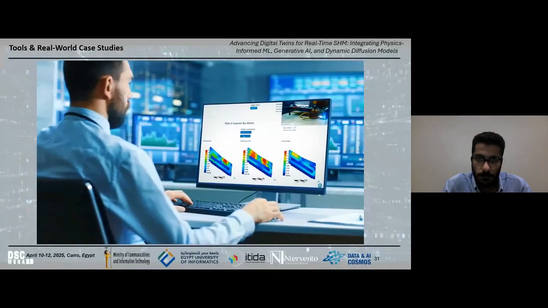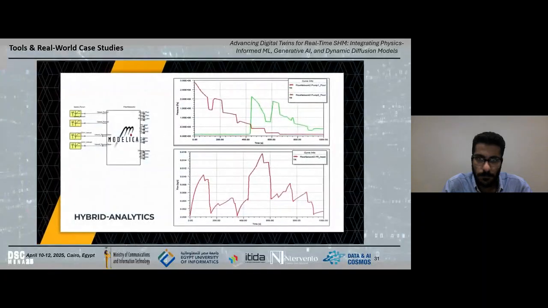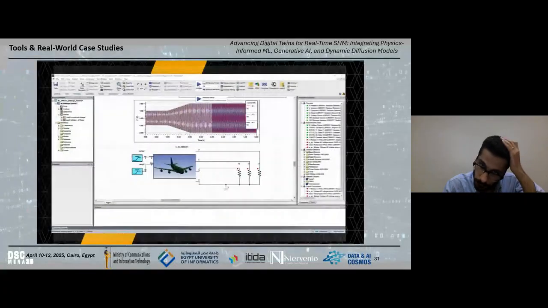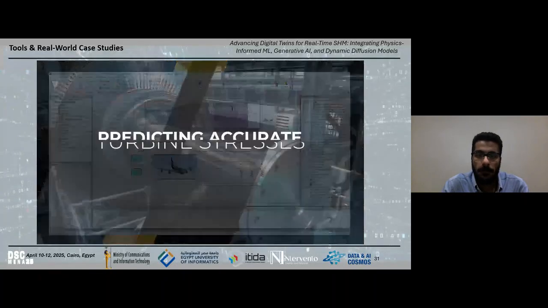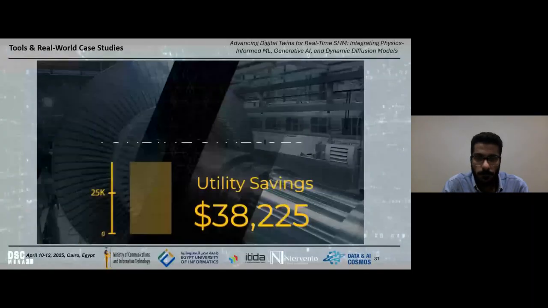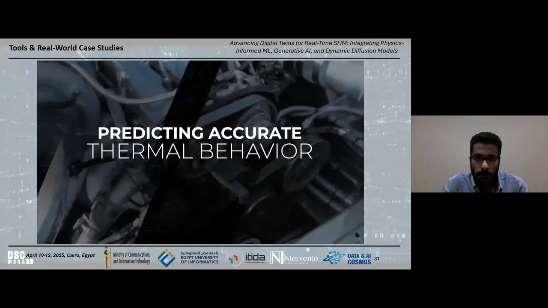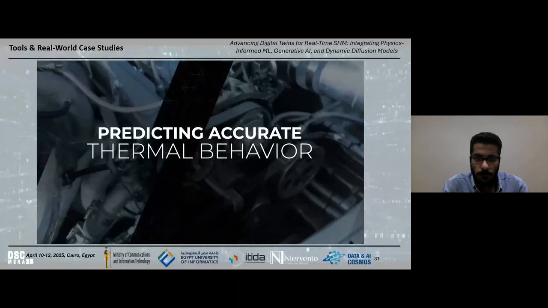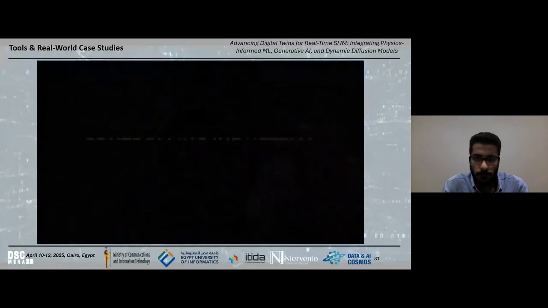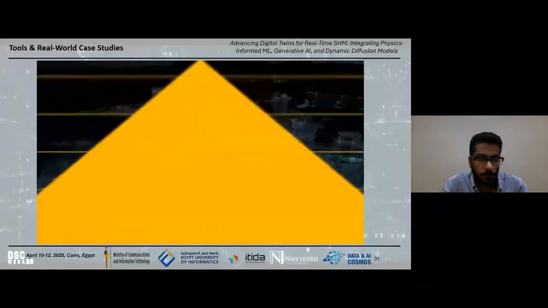Third, it's time to deploy. Twin Builder creates simpler, highly sophisticated models for real-time deployment. Combining ANSYS simulation and your in-house data yields highly accurate and useful results. The proof and promise of this technology is remarkable. Twin Builder's success in predicting turbine stresses saved a utility more than $100,000 a year by avoiding unplanned outages. Twin Builder accurately analyzed the thermal behavior of a manufacturer's motors within milliseconds, not days.